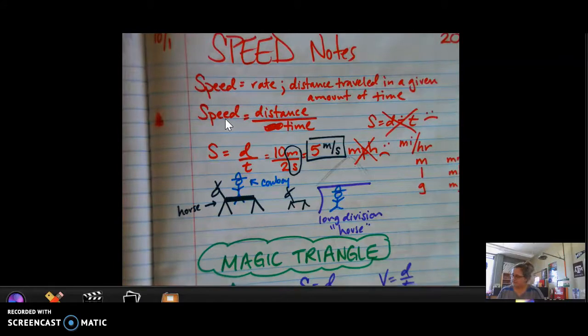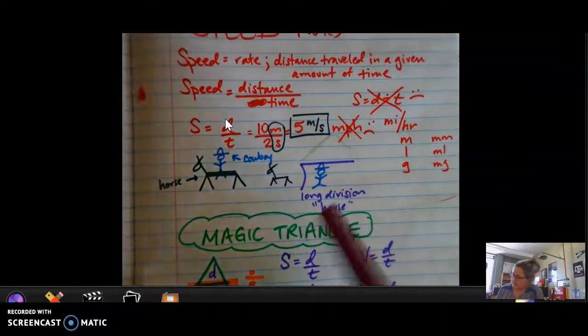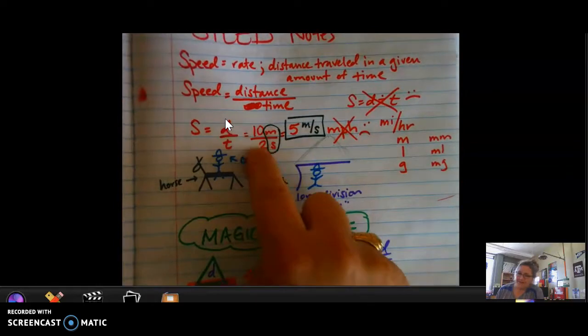Some people have problems with long division, right? I would love to be able to fix your math weaknesses instantaneously, but I can't right now. I will gladly help you with them. But if you know that you don't know your math facts, like 7 times 8, and I put you on the spot, if you can't tell me the answer, those are things you need to be working on the side. Okay, but one thing I can help you with is how to take something that's written in fraction form